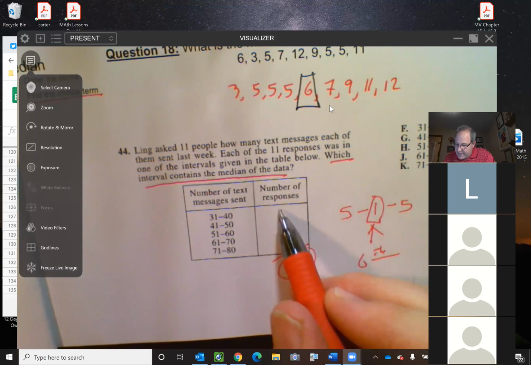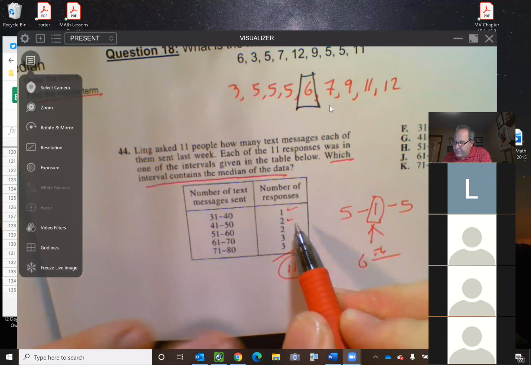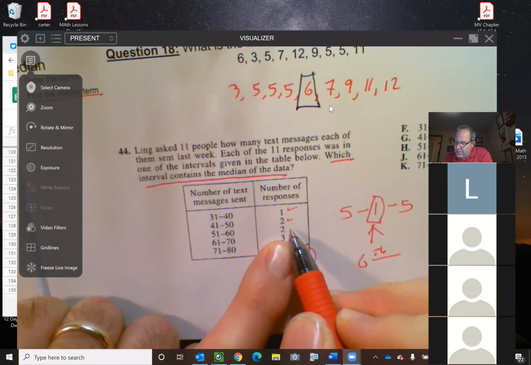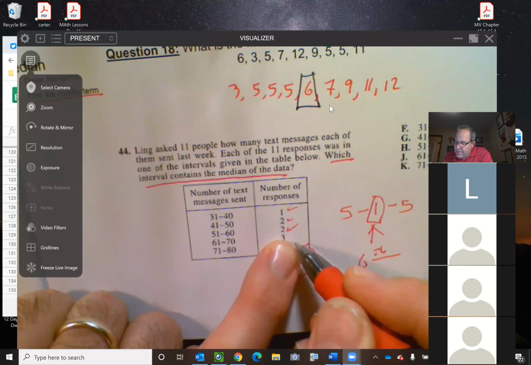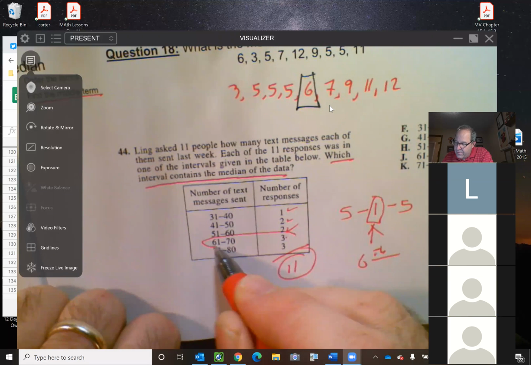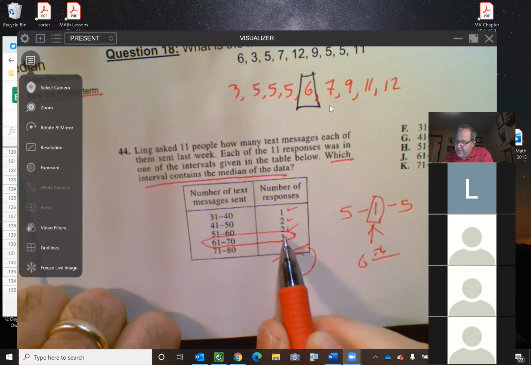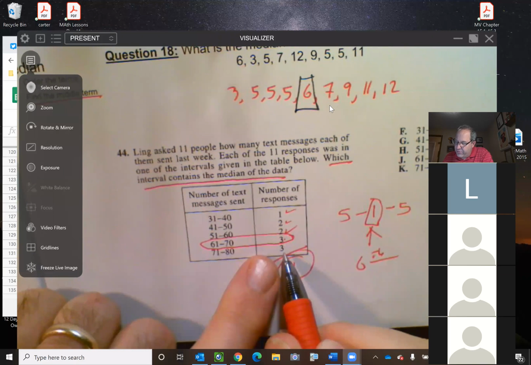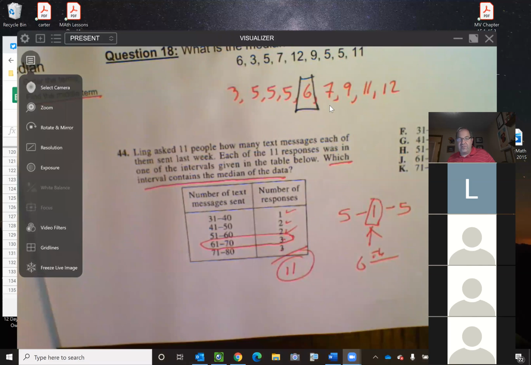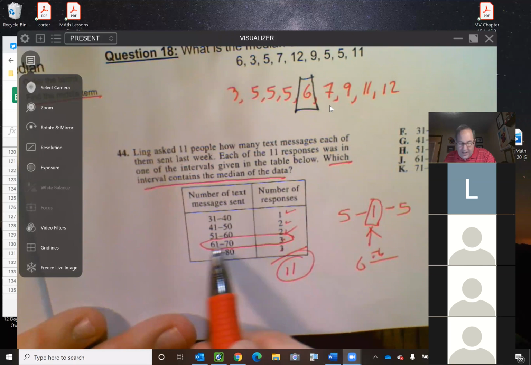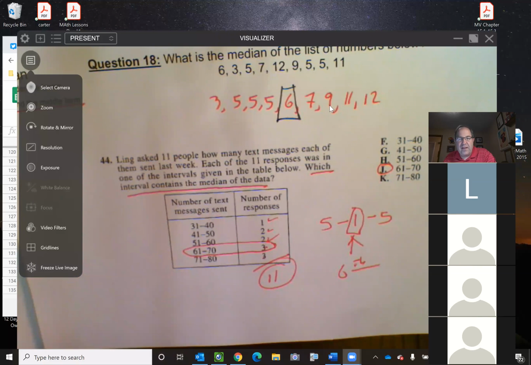So if I start counting down here, 1, 2, that's 3, add 2 more, that's 5. The 6th number of the list is right in here. And if I went the other way, here's 3, and if I add these 3, 6 again. So 61 to 70, that's where the median lies. Again, it's a little awkward because we're not used to seeing a question like that, but not too awful. And then to finish off our statistics questions here,